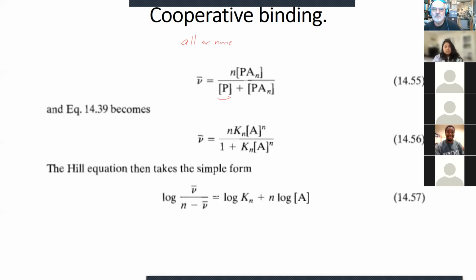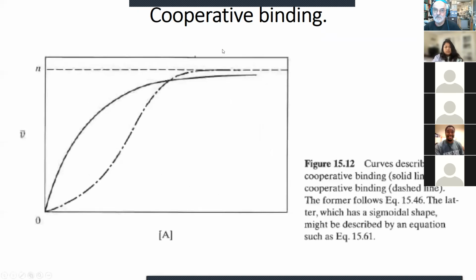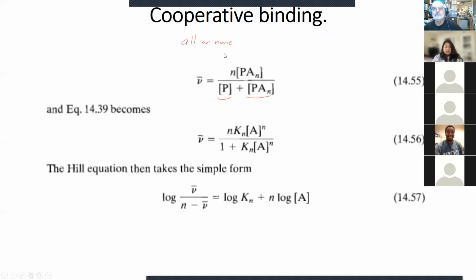Either you have nothing bound or you have a maximum number of ligands bound. None of the intermediates exist. All of them are bound or nothing is bound. So when you write down the fractional saturation, the new equation, it's n times